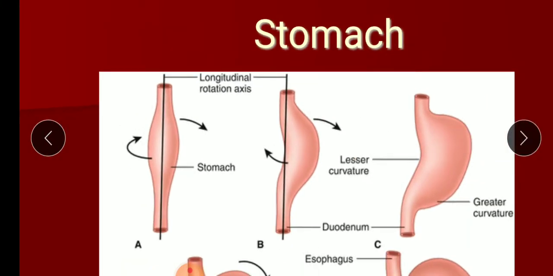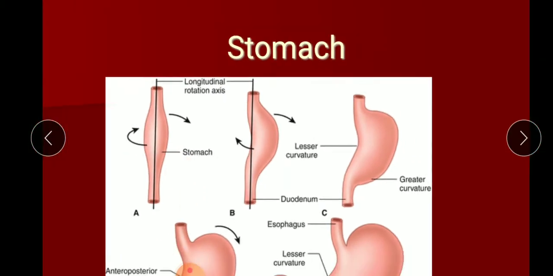Now what happens is, there is differential growth or apparent differential growth in the two borders. The dorsal border behind will have more growth when compared with the ventral border. That should be in your mind. The dorsal border will overgrow when you compare it with the ventral border. Fine. Now what happens is, this stomach will attain the final position because of certain rotations of the stomach.